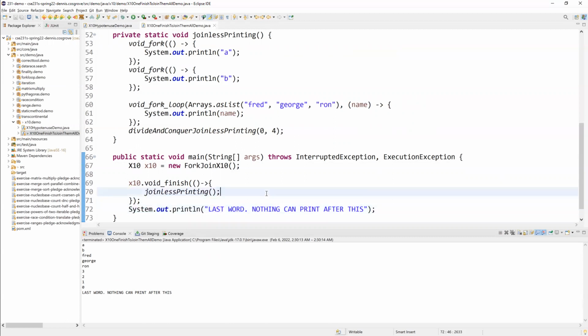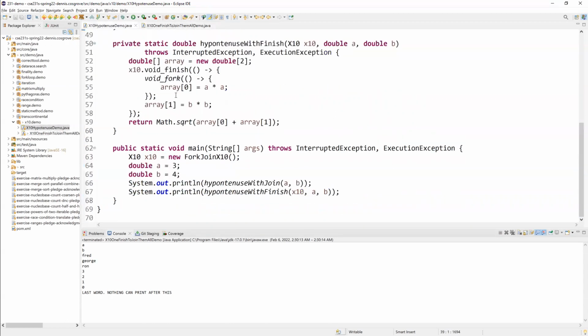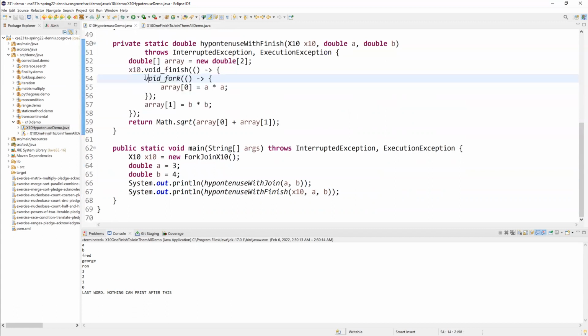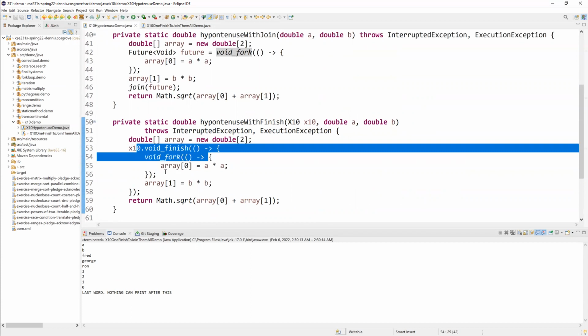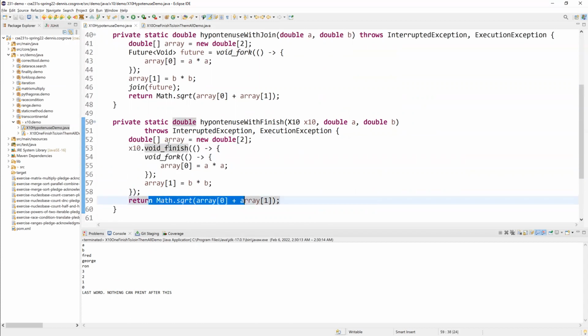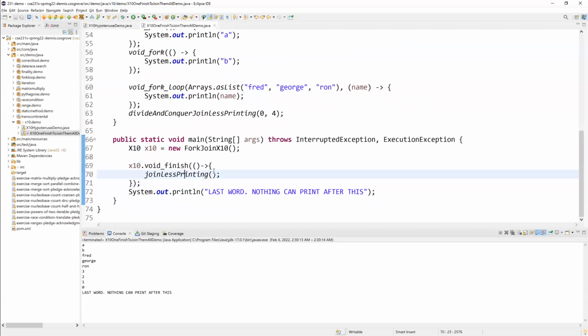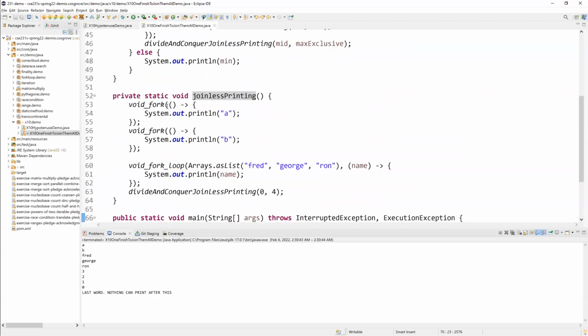So I can make sure, the same way we would prevent data races before, right? It was used in the same way here. It just was less exciting because there was only one task, and we could have grabbed the future just as well and called join. In this case, same sort of thing. Before I do the square root on this array slot 0, I don't want to have a data race here. Let's join everybody within. This guy will do the same thing, but in a more aggressive way, where